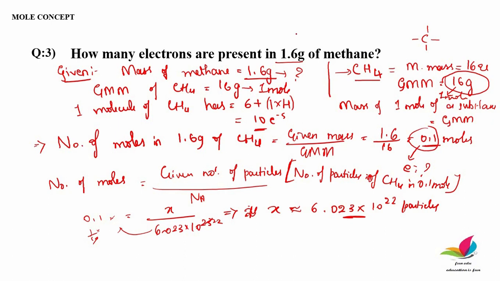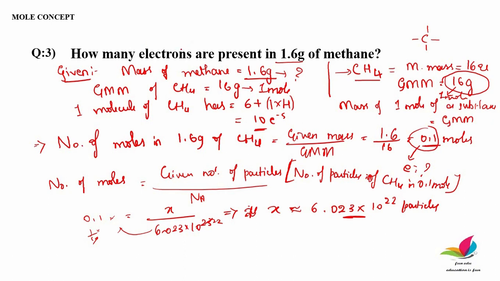Okay. So first here you have to find out the number of electrons, which is similar to number of particles, you can say, and mass is given. There is no relation between mass and number of particles, but both can be connected with number of moles. So first convert this 1.6 gram into number of moles, means how many moles of methane you have to calculate. So this is nothing but 0.1 moles of methane. Then you can relate this 1 mole of methane with number of particles.